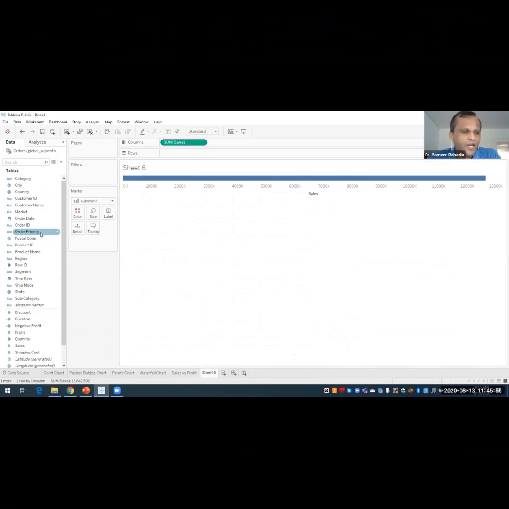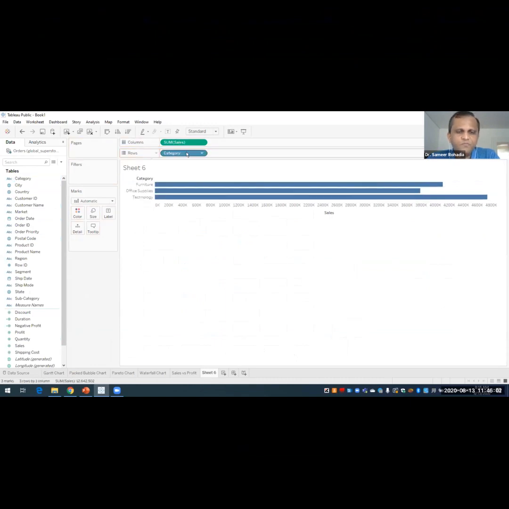And then I drag the category and put it in the rows. So here we are able to see the three categories on the left hand side, and then we are able to see the sales of each of these categories. So this is a very simple bar graph.